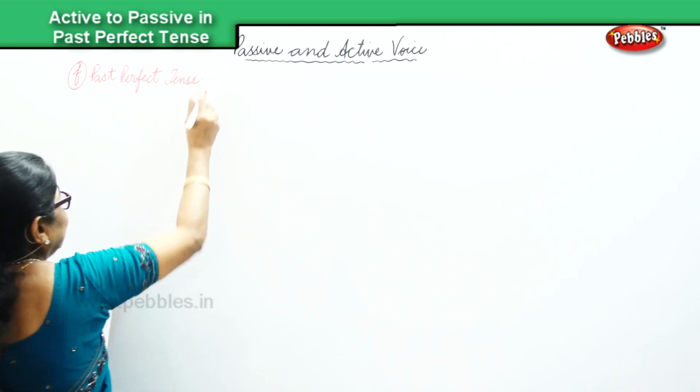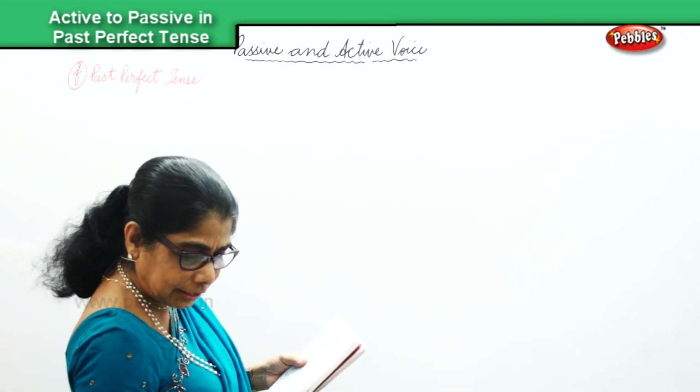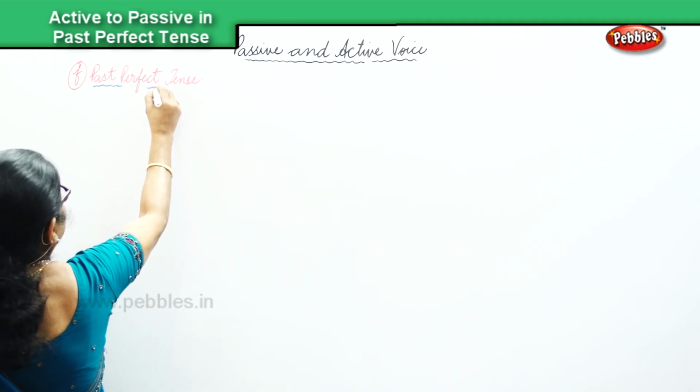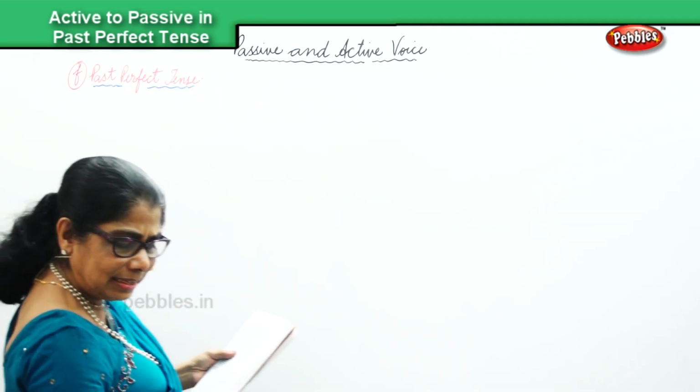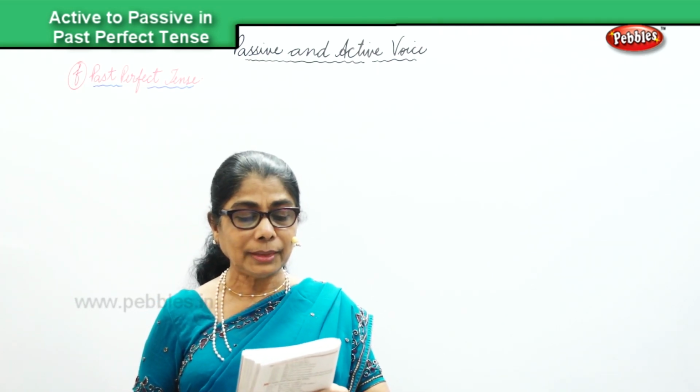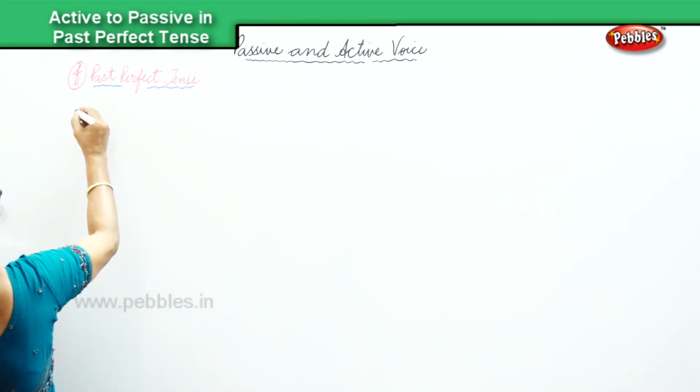And here, changing from active to passive in the past perfect tense, we'll see a couple of sentences to recall to our mind what we have already been taught. Okay, the first sentence I have here for you is,